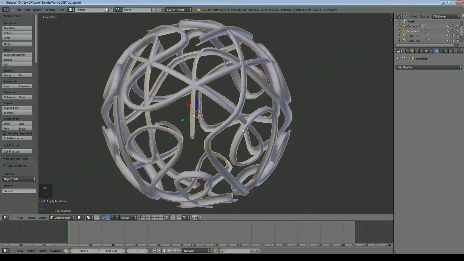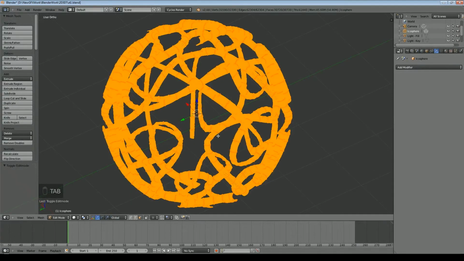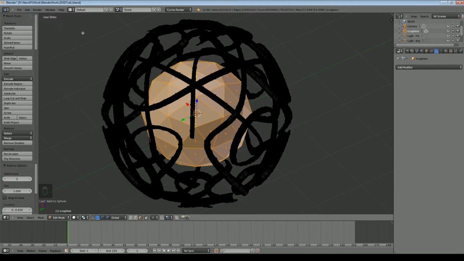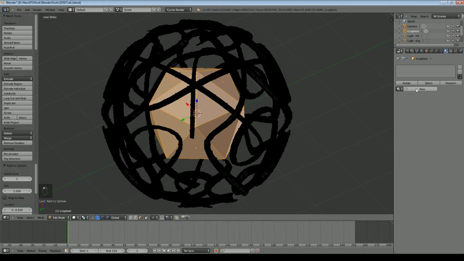So the next thing, we'll just go back into edit mode and I'll add a shape in the middle. What I'll do is Shift S and snap cursor to selected, and that means when I create a new object it will appear right in the center of this one. So I'm now going to add another icosphere, but I'll set it to only one subdivision this time, and we'll go with the default size. Come over here, we'll say new material.